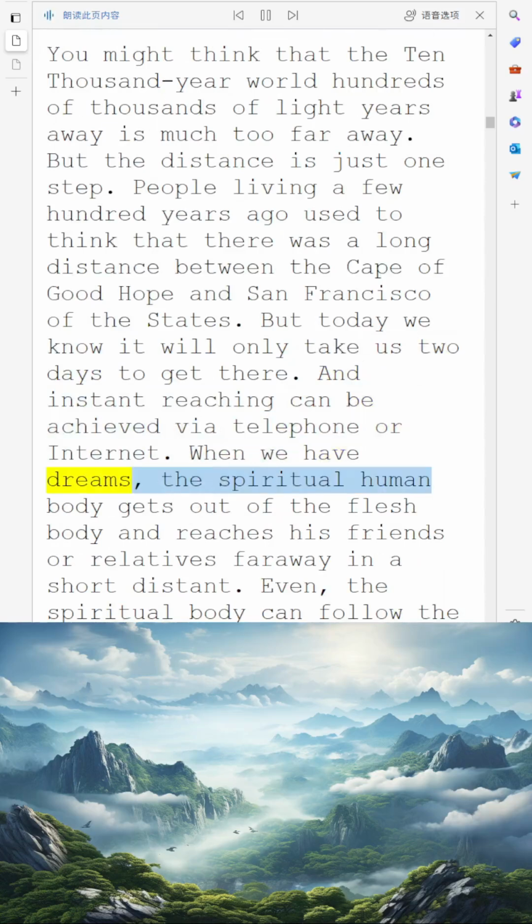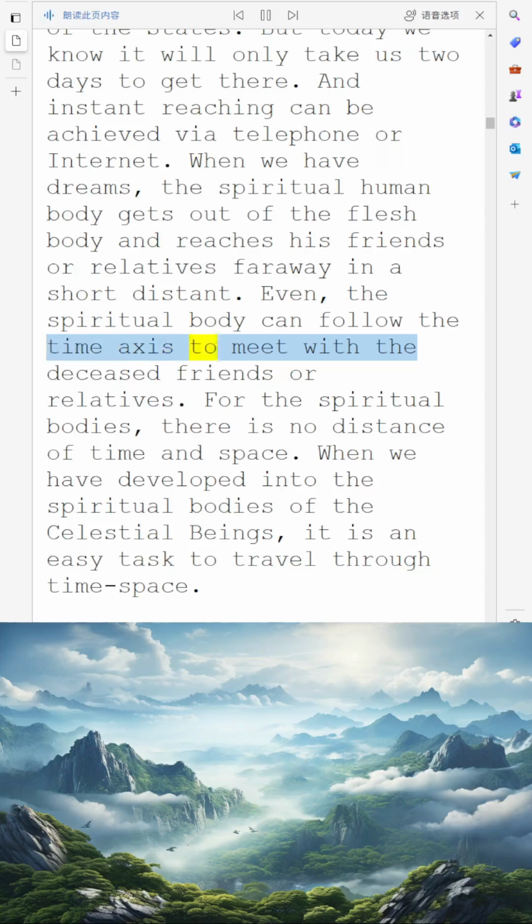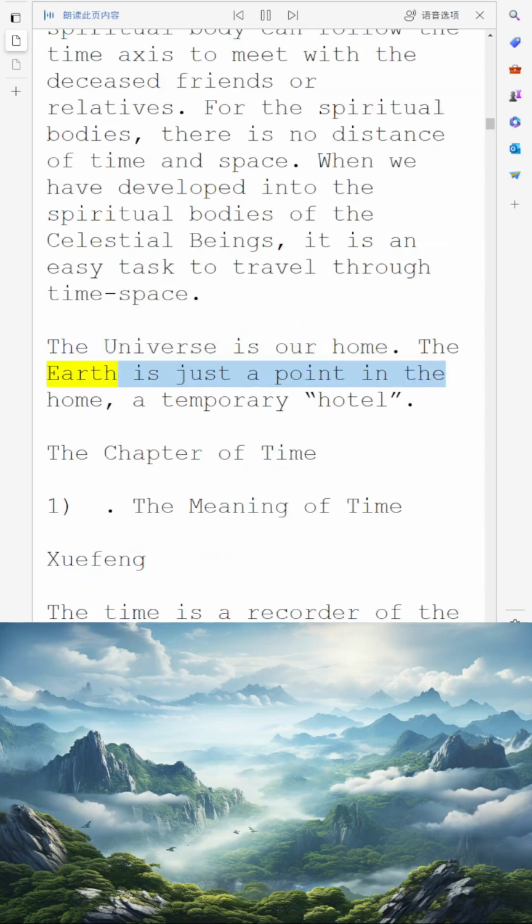When we have dreams, the spiritual human body gets out of the flesh body and reaches his friends or relatives far away in a short distance. Even, the spiritual body can follow the time axis to meet with the deceased friends or relatives. For the spiritual bodies, there is no distance of time and space. When we have developed into the spiritual bodies of the celestial beings, it is an easy task to travel through time-space. The universe is our home. The Earth is just a point in the home, a temporary hotel,